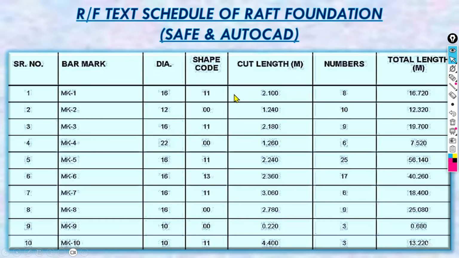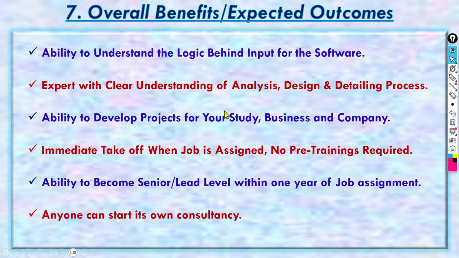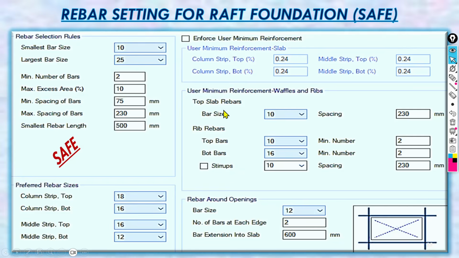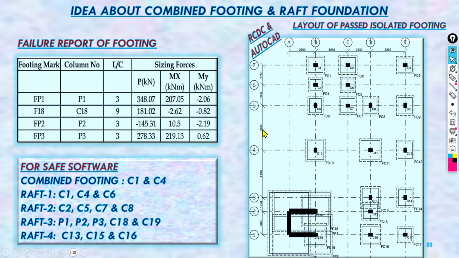Then the input parameters, and you are getting the reinforcement as per the shape. From the shape, the software gives you the top and bottom reinforcement. And then one more thing is there, isolated footing. Here we are providing the design